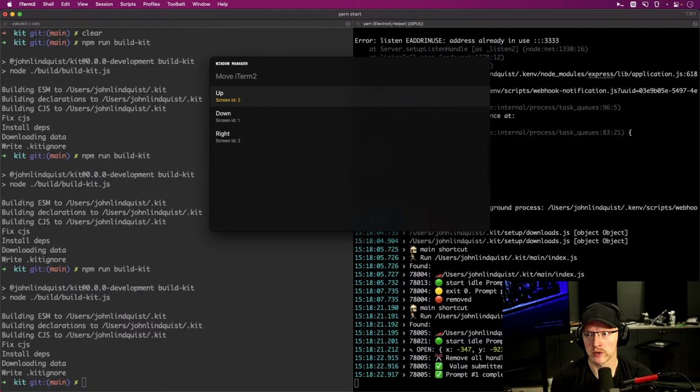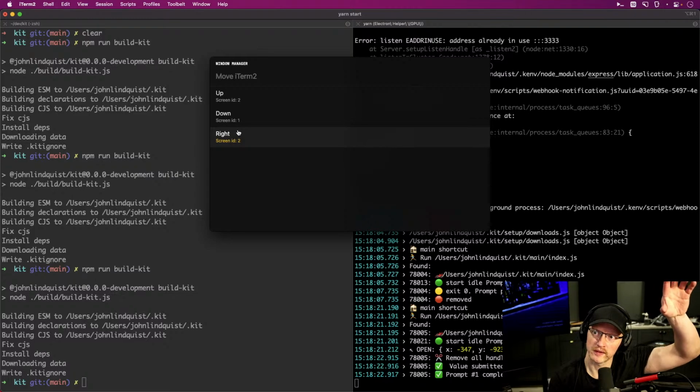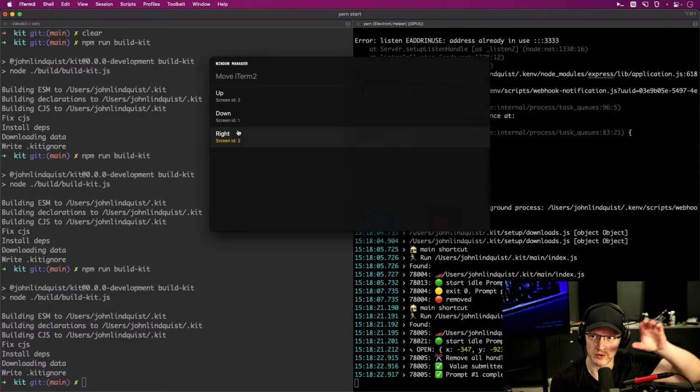I do need to merge my right, the screen to the right of this one. There's an ID2 there, and the screen up of this one is ID2. And that's just because the screen to the right of this one has a larger resolution, thus making the Y, it's both to the right, the X is to the right and the Y is higher. So I'll need to merge those into a